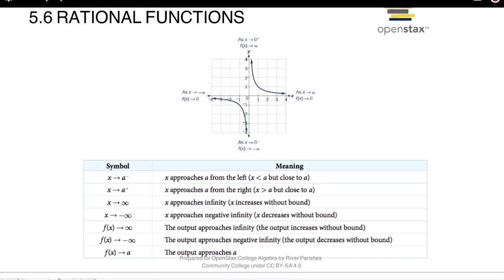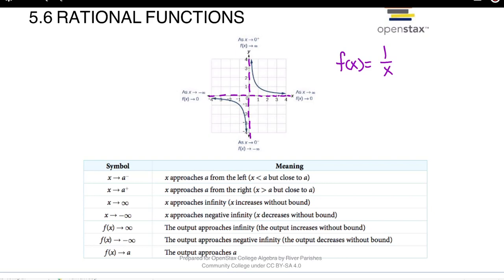So here is an illustration of a rational function. This is actually a rational function that you've seen before. This was in our toolbox, f of x equals 1 over x. And what happens is there are asymptotes. These are lines we don't see, vertical and horizontal, where the graph doesn't cross that vertical or horizontal line. So the graph approaches it, but it never actually crosses it. And so to describe this behavior, we use arrow notation, which you have seen before, but this takes it again